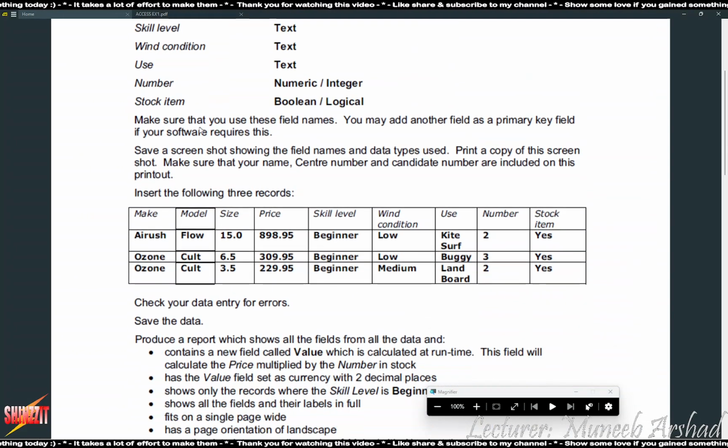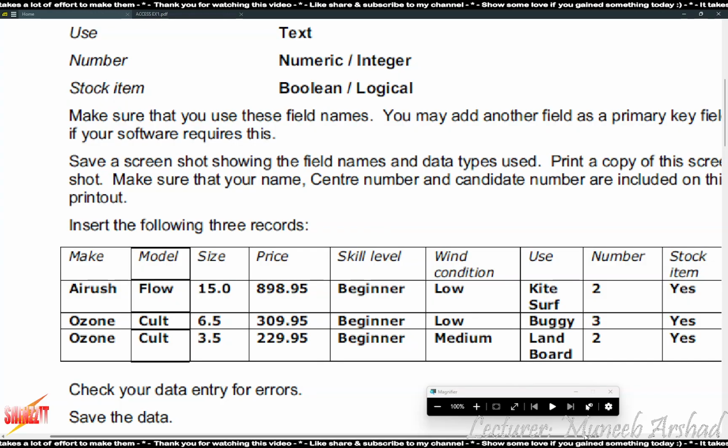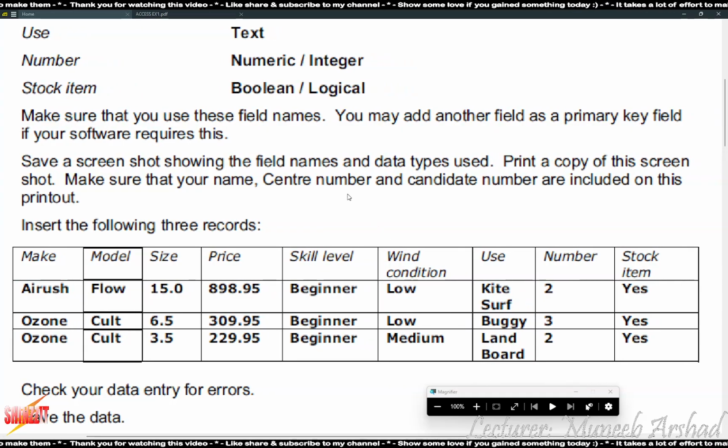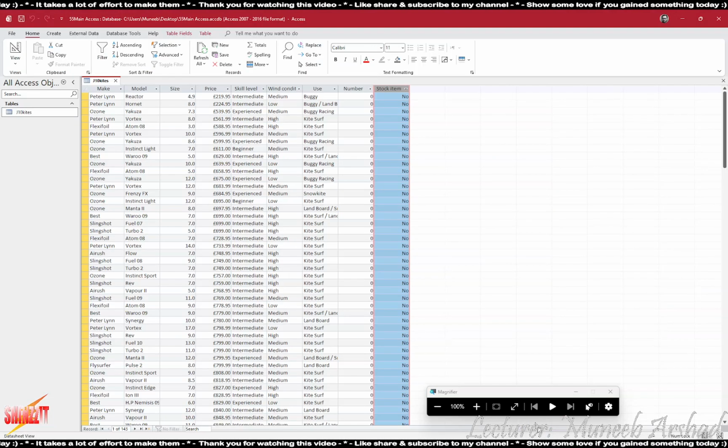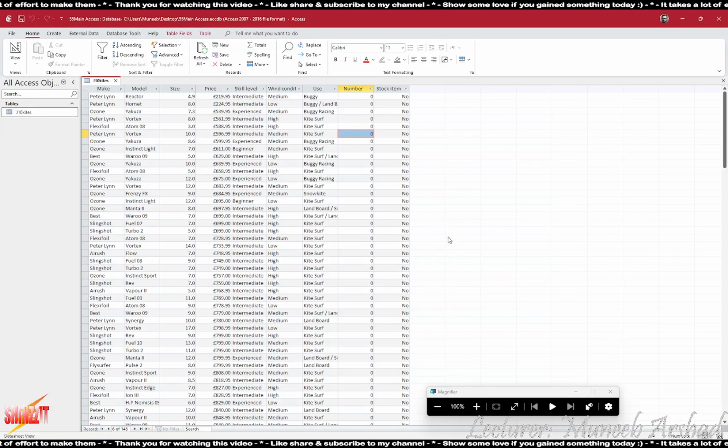Scroll down, it says save a screenshot showing the field names and data types used. Print a copy of this screenshot. Make sure that your name, center number, candidate number are included on this printout. Now, whenever you have to give evidence of your field names and your data types, you have to take a screenshot not of the screen, but in the design view.